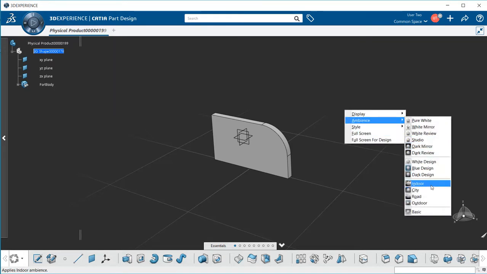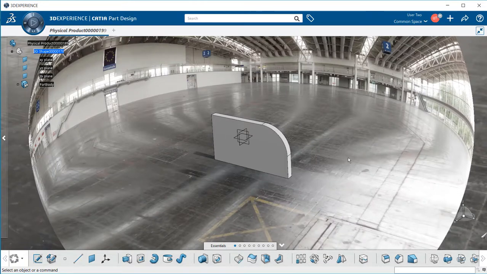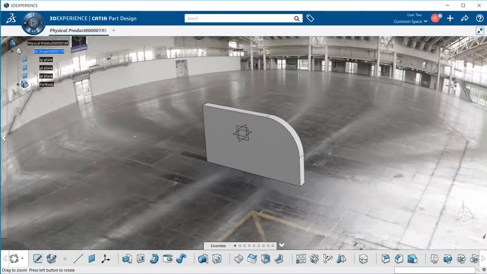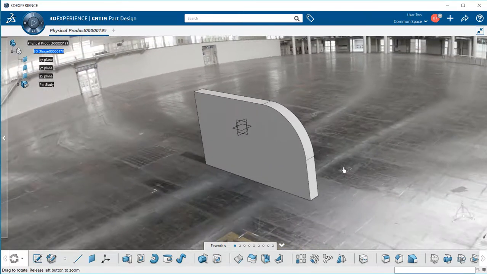Now, when we move down to the next section, you'll notice that it says indoor, city, road, and outdoor. These are actual environments that are defaulted within CATIA 3D Experience. Notice here that we are in an environment. It's an actual image, and I can actually rotate